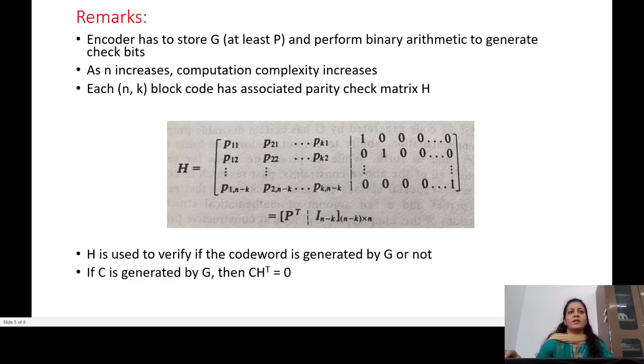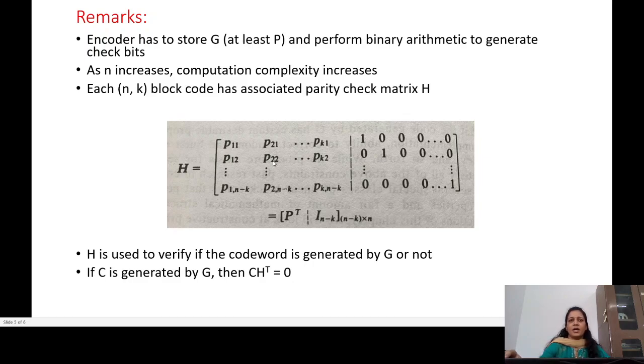However, in this particular method, it is even possible for us to identify the error and even to correct the error. So for that error detection purpose, we will be using a matrix called the parity check matrix. Now let us see how to represent that parity check matrix H from the given parity matrix P itself. Okay. So for each (n, k) block code, the parity check matrix will be of the order (n minus k) into n, and it has two parts again.